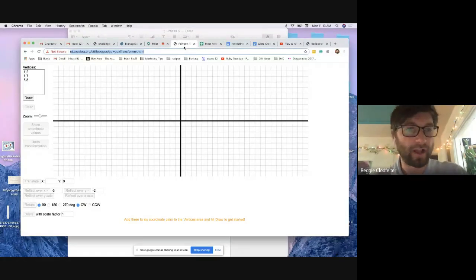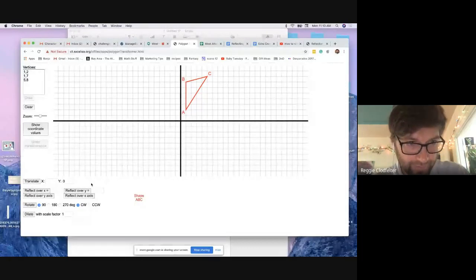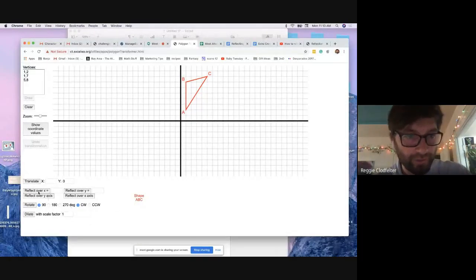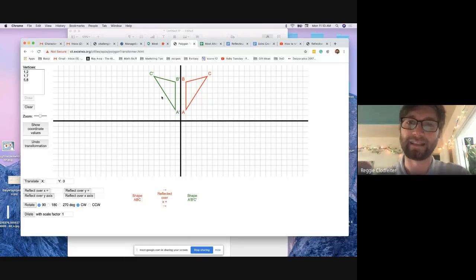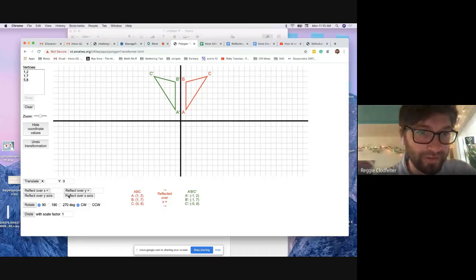So here's our Polygon Transformer. We can draw a nice little triangle. Boom. Down here, you've got reflecting. So you can just reflect right over the y-axis to get A prime, B prime, C prime. We can show coordinate values to see what happened. My gosh, everything's the same except my x's became negative. You can also reflect over